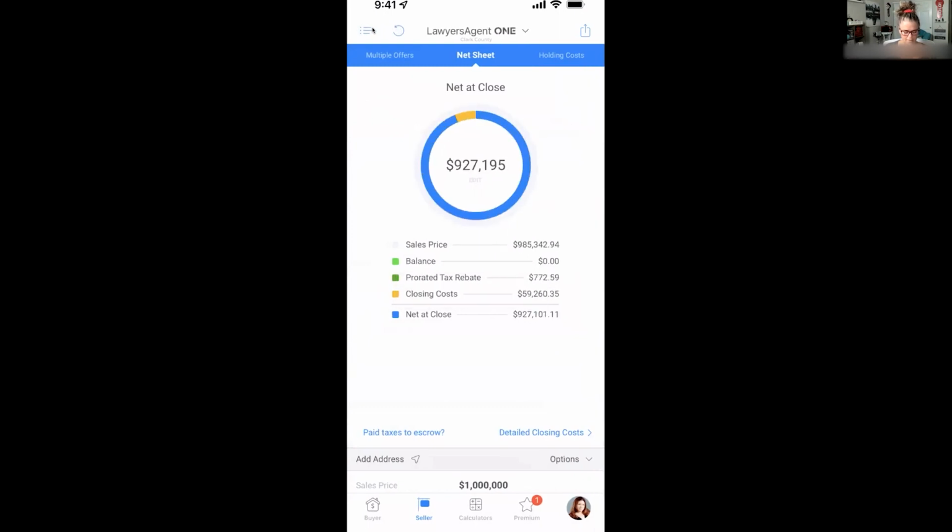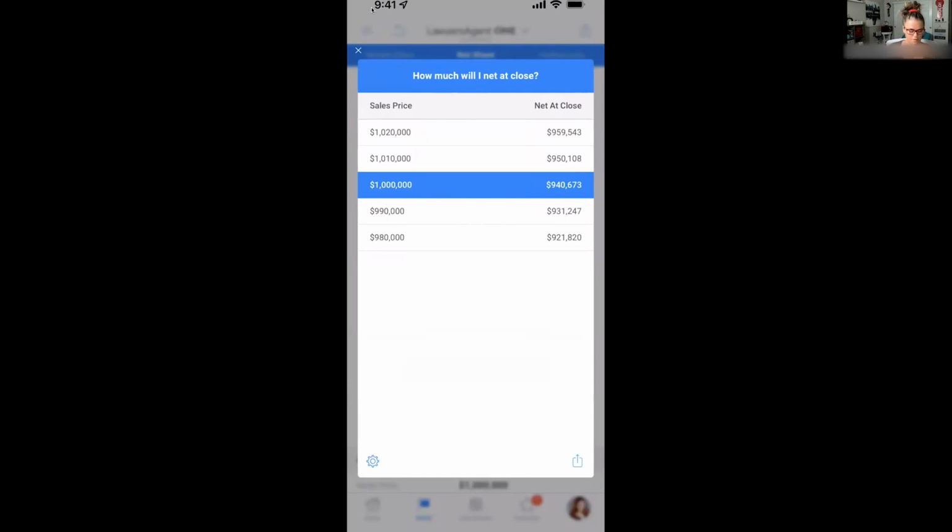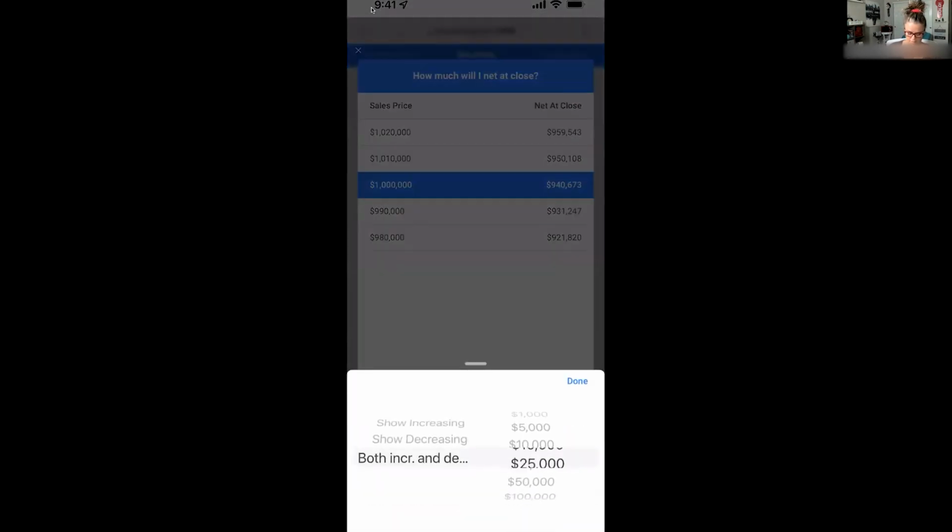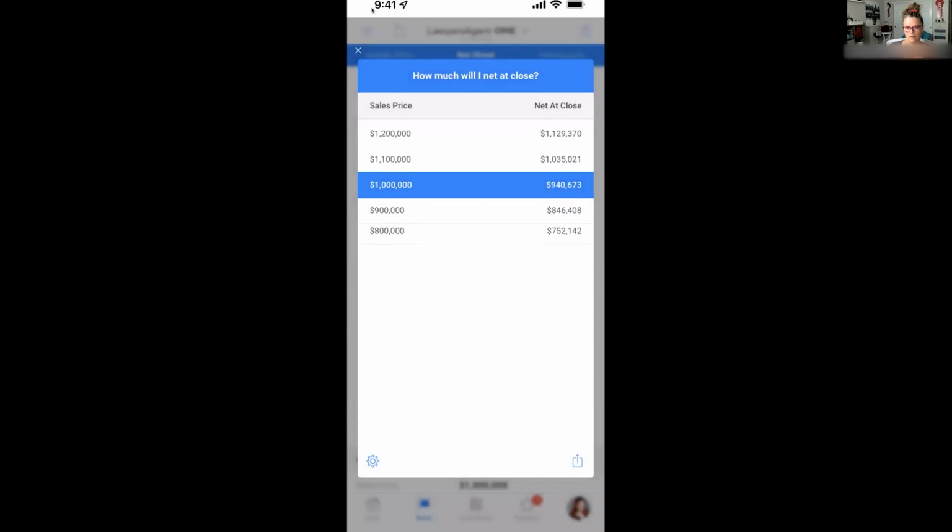But back here where it's like this, you can shake it and you can go, okay, I want to do this. We want to do 50,000. See, those are my ranges. So remember when I had in my CMA 900 to 1.1. So this will give them, okay, this is going to be their net at several different price points. So that is going to be the next sheet that I put in there